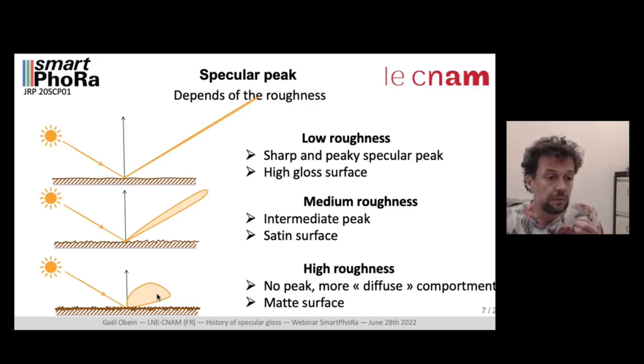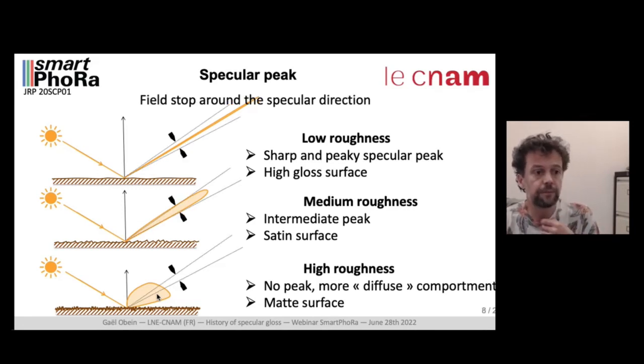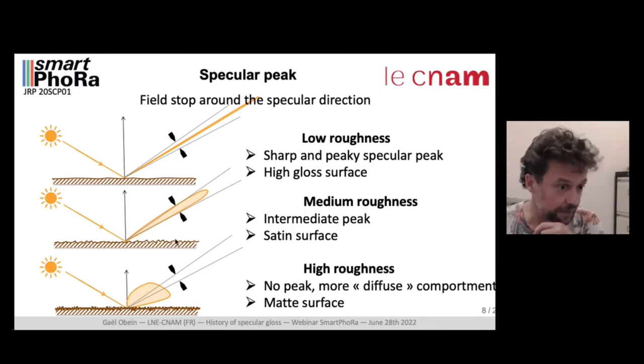That's the observation that researchers made at the beginning of the 20th century. And now the idea is to measure it. If we put the field stop here around the specular direction, then we will select only the part of the light that is in and around the specular. According to the size of the field stop, if you measure the light that is after the field stop, you will have an indication of the gloss, because